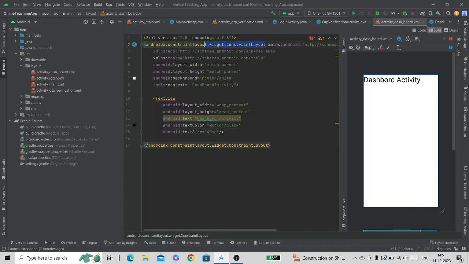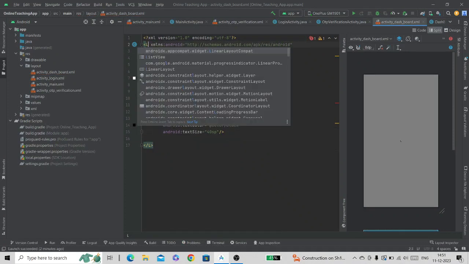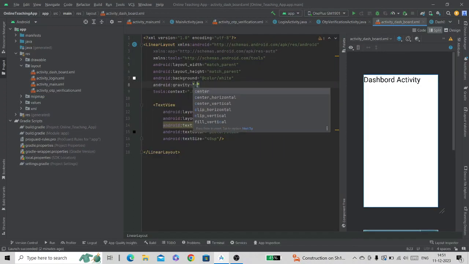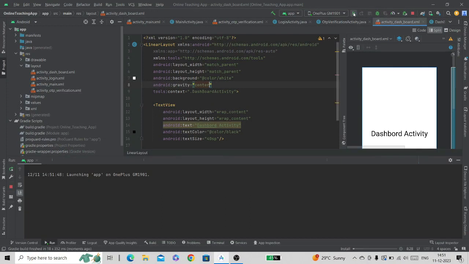Here we will change the layout to linear layout, give the gravity center, and now we will run our app.